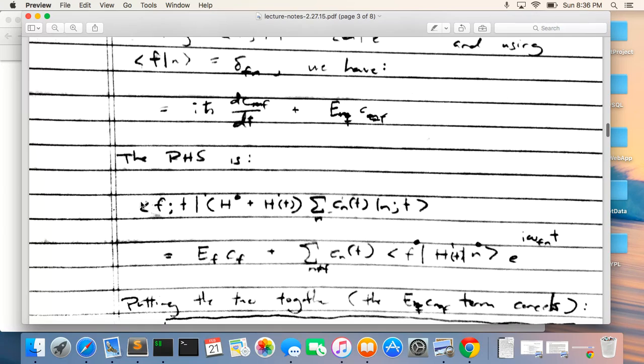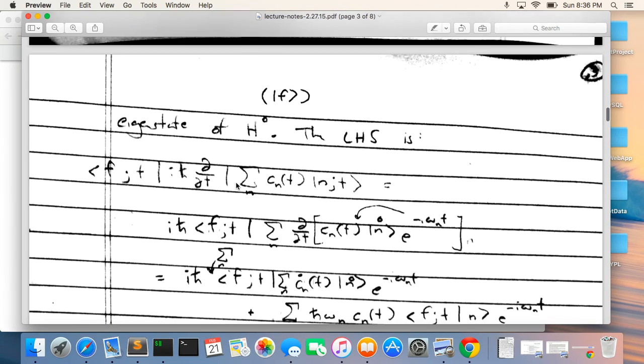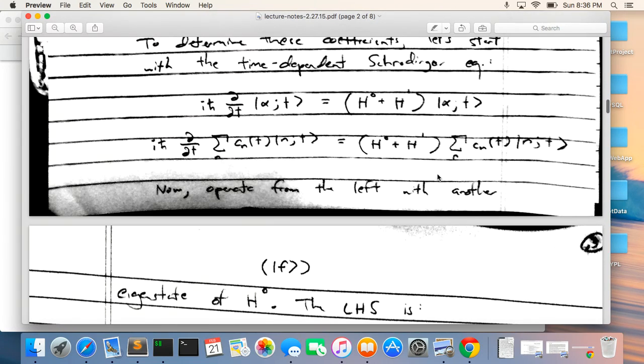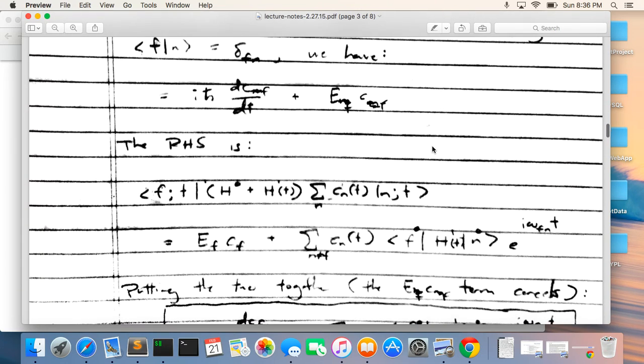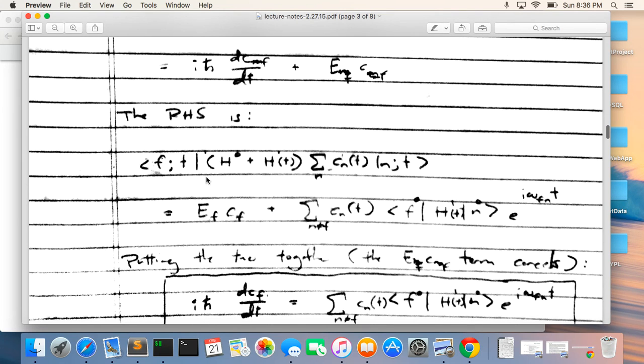Okay, so on the right-hand side of our Schrodinger equation, so go back here. Here's our right-hand side, and we're hitting it from the left with this eigenbra F. And so I have the sandwich of these bra and ket with these operators. Right, this guy, I know I can operate to the left, and it just gives me E_F times C_F, because again we pull out the time dependence of this bra,